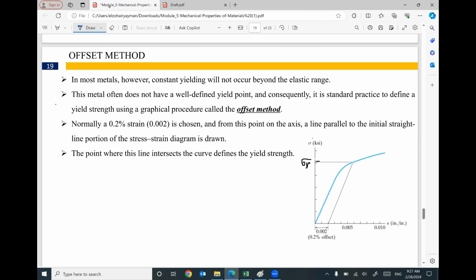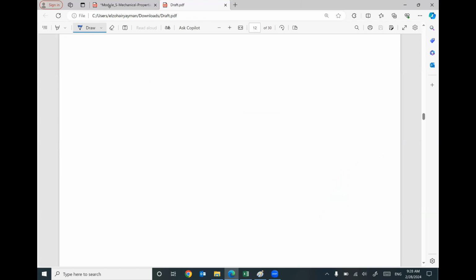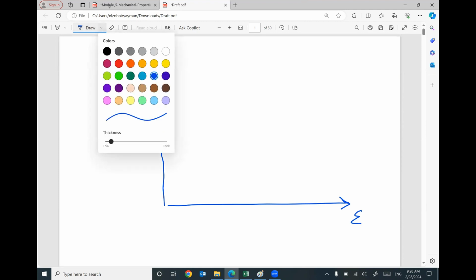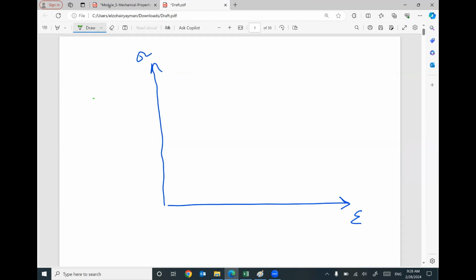We will continue the mechanical properties of material. Previously, we covered that if we have a steel sample under tension, we can construct the typical relationship between strain and stress. And we found that the typical relationship looks like we have a linear relationship, and the slope of this linear relationship will give you something called modulus of elasticity or Young's modulus.